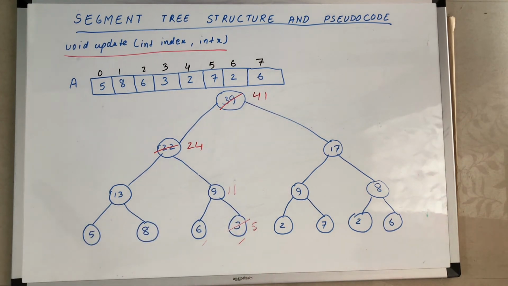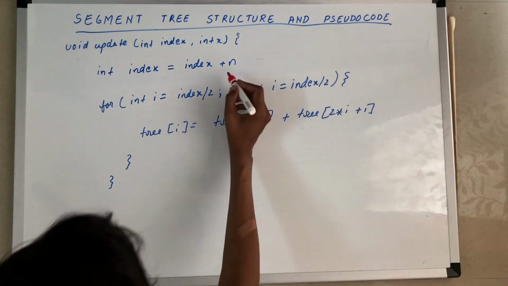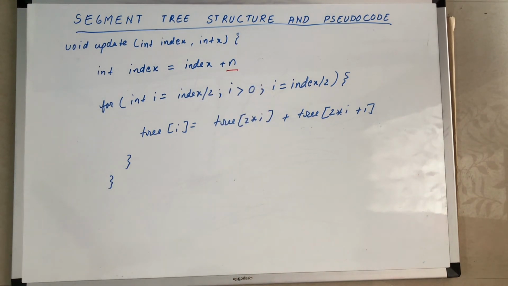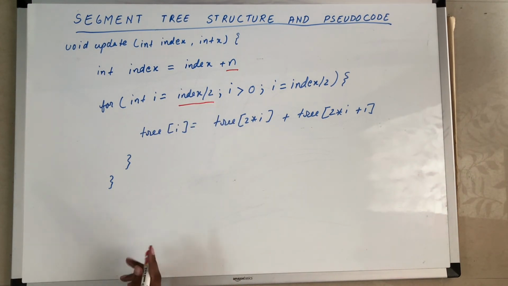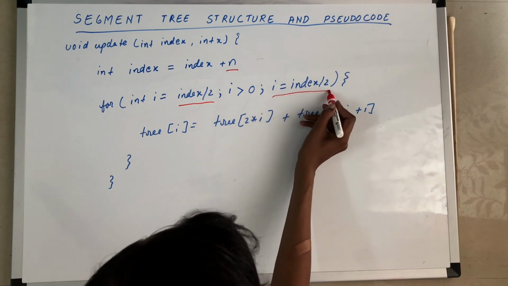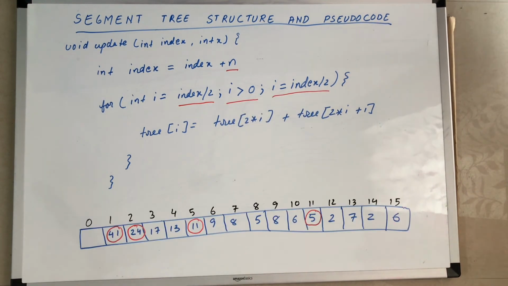You see, when you change the value of element, the only other nodes in segment tree you need to change are its ancestors. This can be accomplished using this pseudocode. We add n to the index because in the tree array, the array elements are leaf nodes and are populated in last n indexes. Then we start updating the parent nodes and go all up to the root using this for loop. This will result in following updated tree array. I have marked the elements which got changed in tree array. As I said, update method will be simple too.